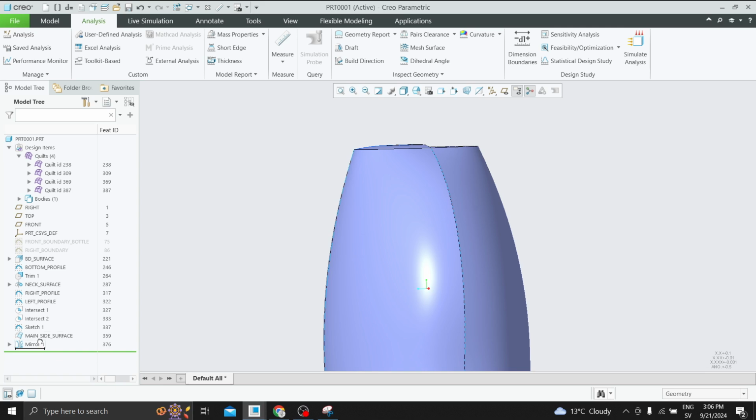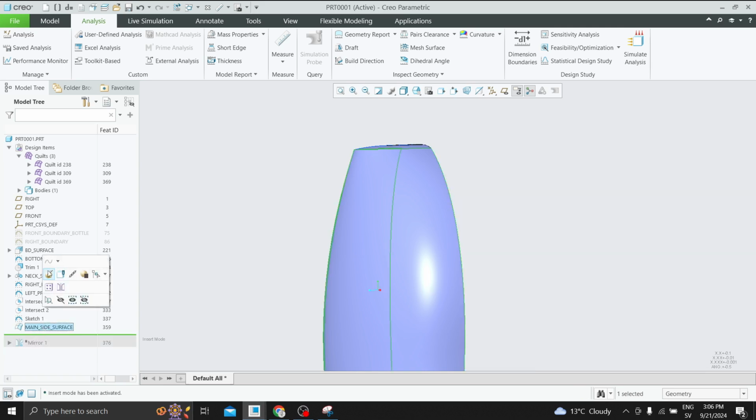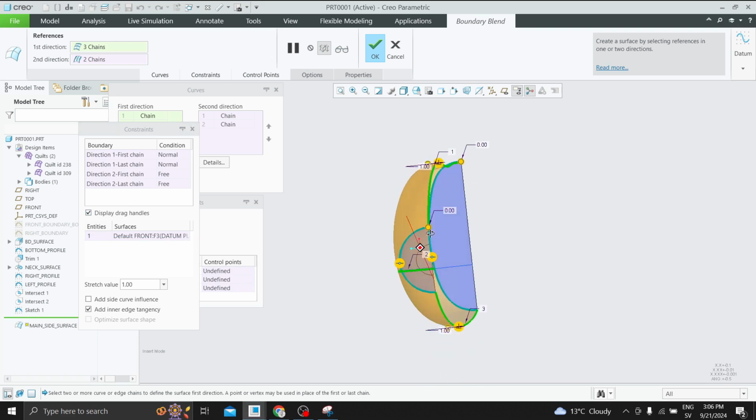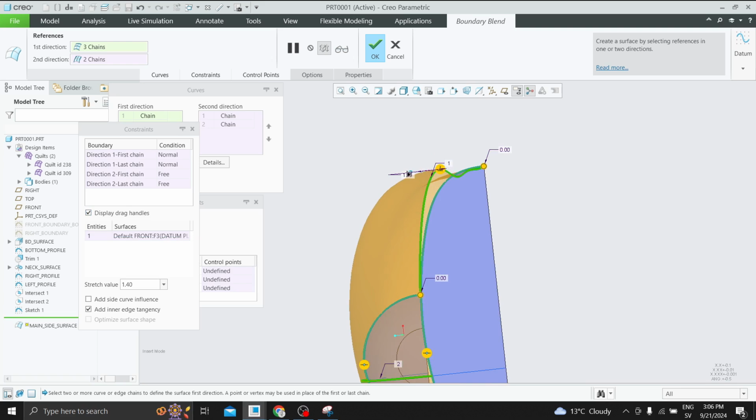Therefore, go back here. Just ensure that this one and these ones are normal. And this display drag handle is used to define the influence of the normal constraint. We have said normal. Okay, what is the influence? Right now default is 1. Default is 1. When I increase this influence maybe to 1.6 here, or 2,